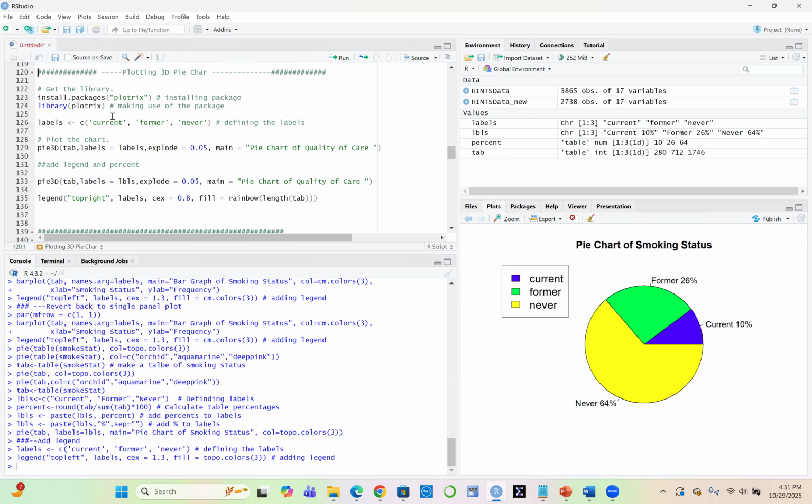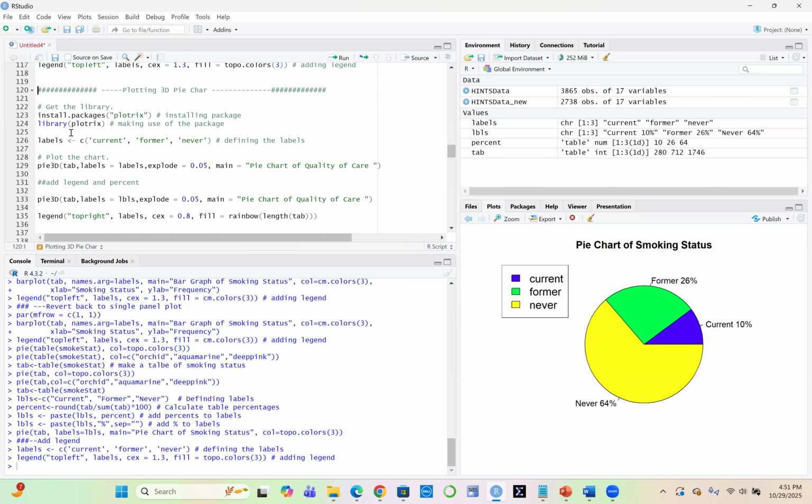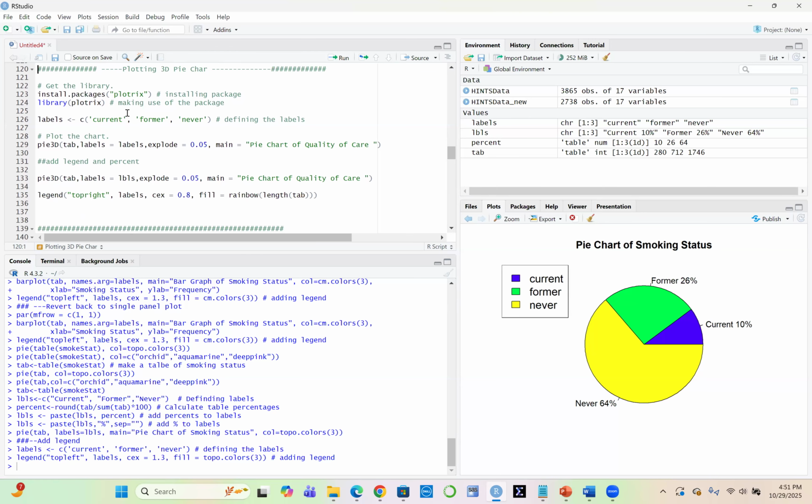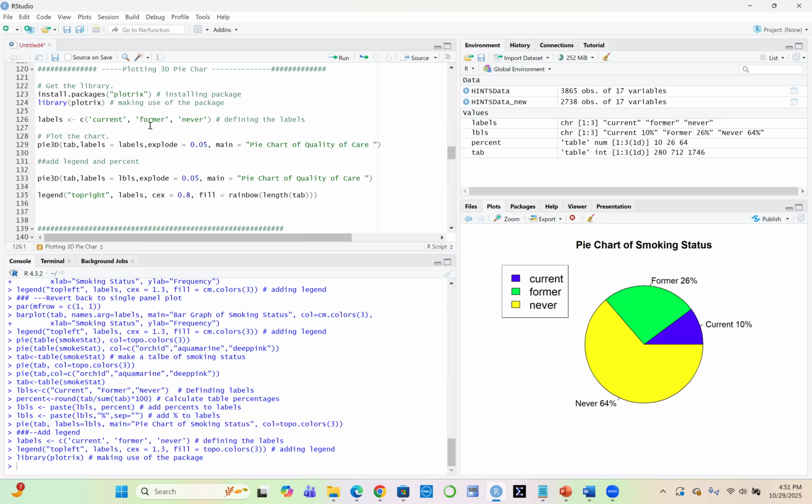Now you can even create a prettier pie chart, which is the 3D pie chart. With the 3D pie chart, you first have to install a package called plotrix. I have already installed that package, so I will just load it. Now, once I have loaded that package, again,